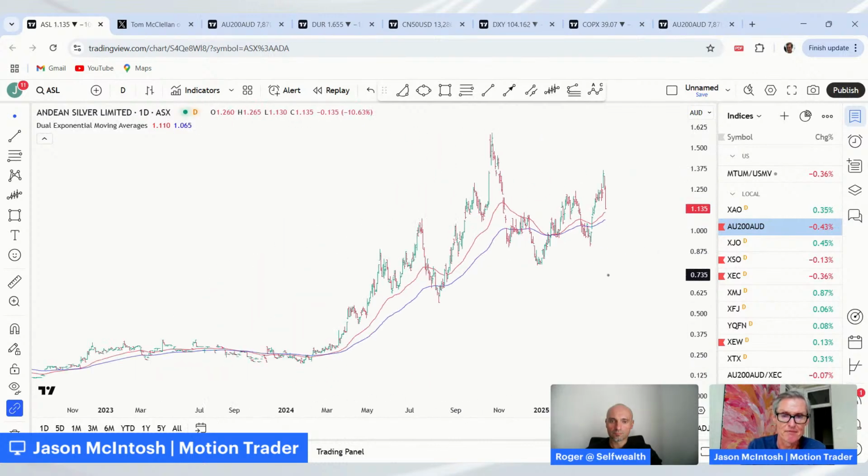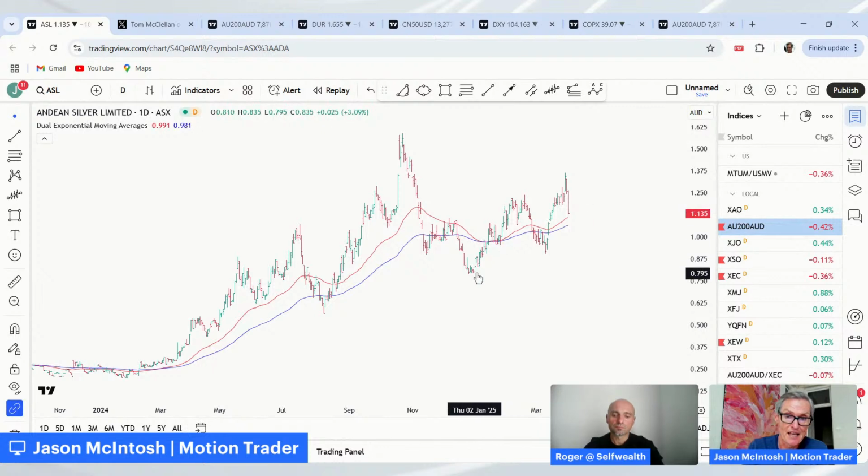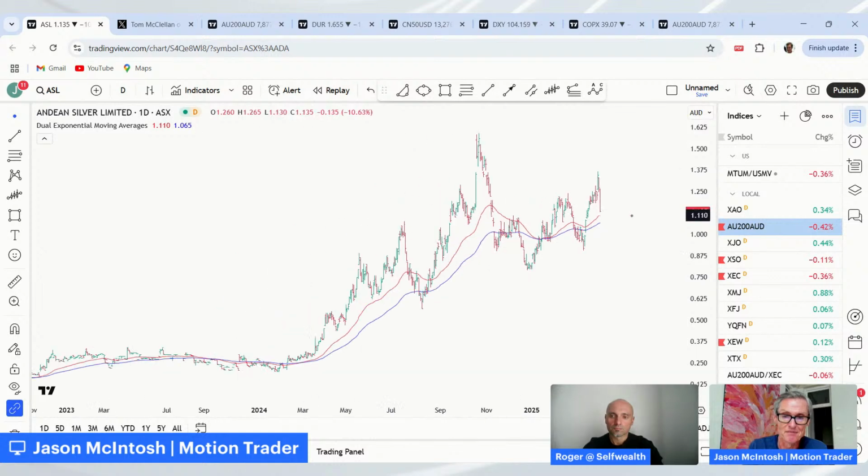It's a bit messy, this one. We've looked at this a few times and I find it a bit of a messy one. We had this nice trending phase, and often you get these stocks which have these great trending phases, then they get messy for a while, and maybe this is within this messy period. Yes, it's rallied off the lows. It's been above the moving average, but seeing this pullback it's having now, could it just spend a whole lot of time just chopping within a larger range? It's not a stock I've got a good feel for here.